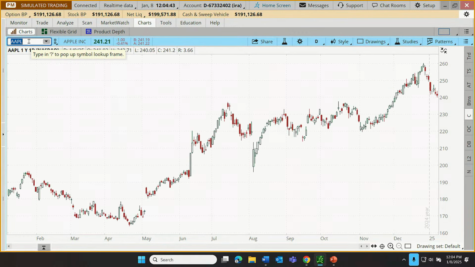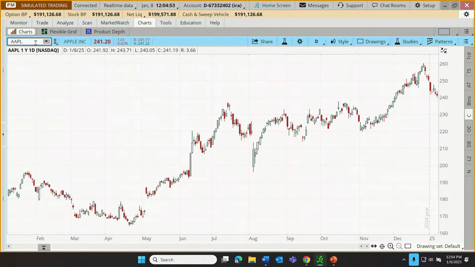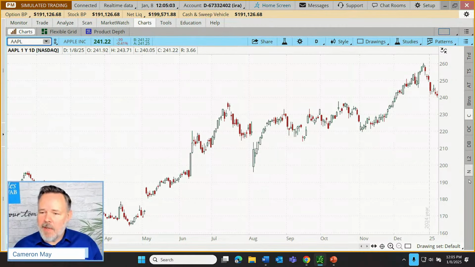If you don't know the symbol, you can just type in the name of the company, and the software will propose, "Is this the stock you're looking for?" You can just choose it from the menu there. Now, I'm going to move across this row of icons to acquaint us with the chart functionalities. Then we're going to move down this right side, covering as much as we can. And then we're going to come across the bottom and maybe even circle back in here, do some things on the chart itself.